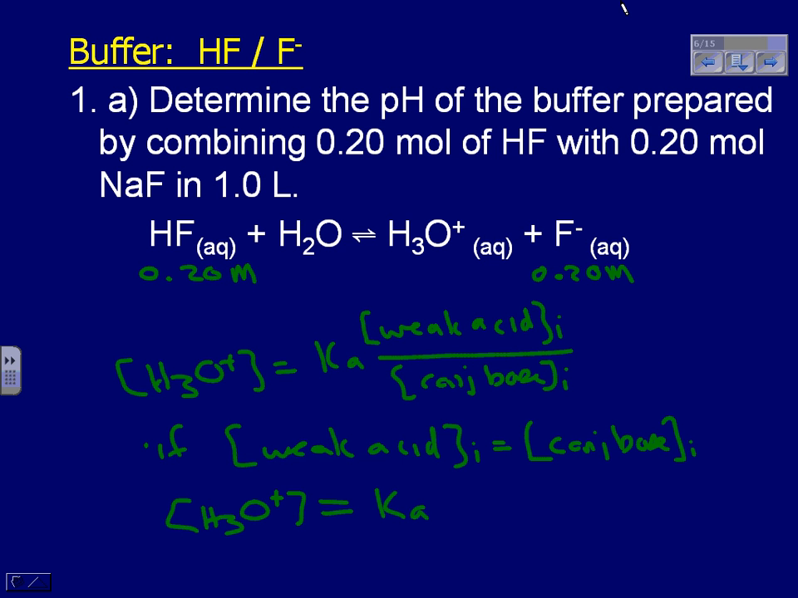So if I have a buffer, whether it's acid conjugate base or base conjugate acid, and I start with the same concentration of the acid and conjugate base, then the H3O plus is simply going to be the Ka. What is it for this particular situation? H3O plus is equal to, we just had it a moment ago, I'll need it back, 3.5 times 10 to the negative 4, and therefore pH is equal to